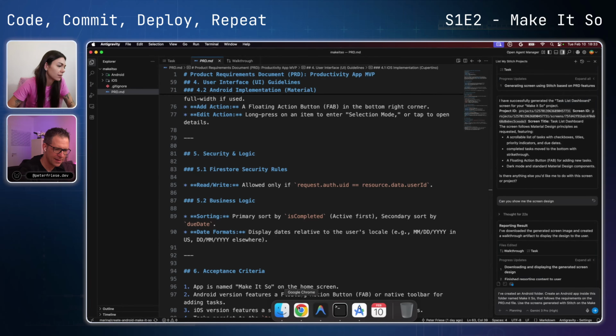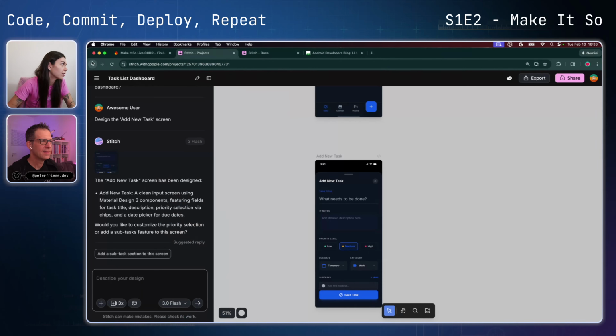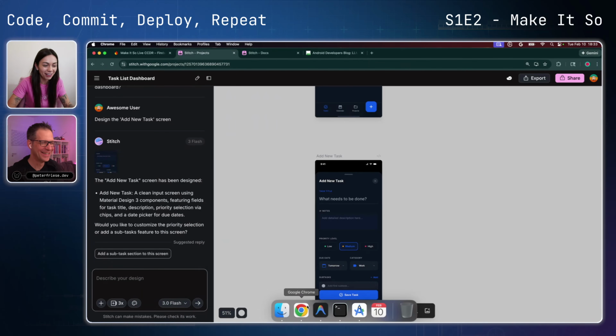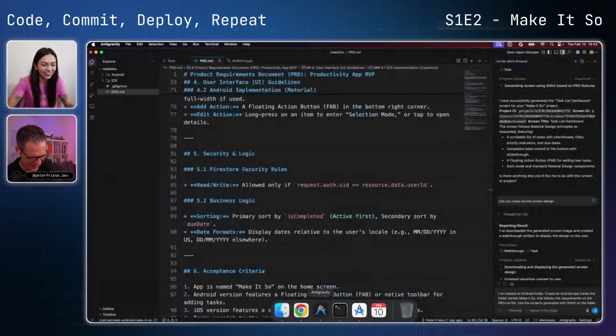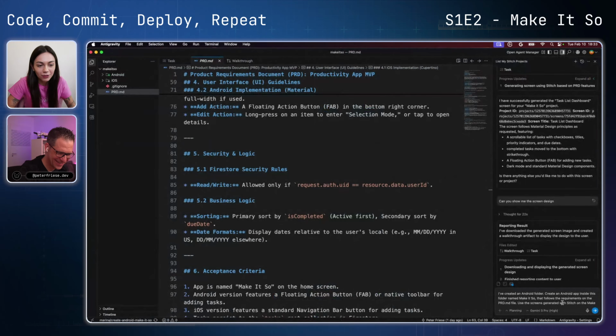It's still that name, right? It didn't change now that we know. I don't know. It's been changing names left and right. Use the screens generated with Stitch